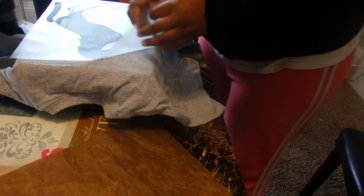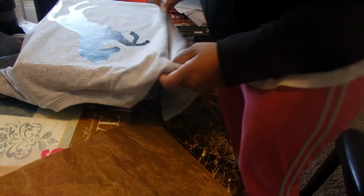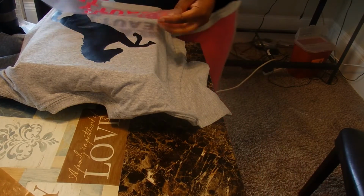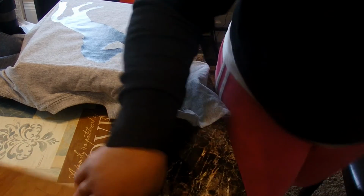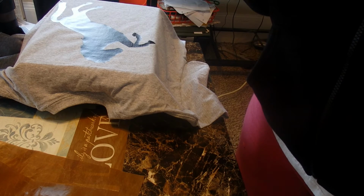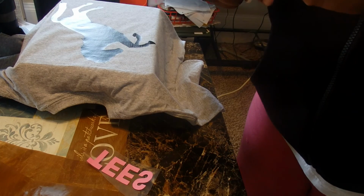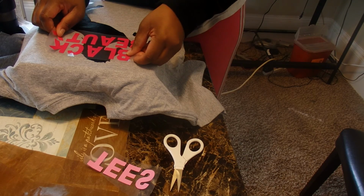So what I'm going to do is peel, and then I'm going to take the Black Beauty words, and I'm probably going to have to separate this because it's not all going to fit. Sometimes I have to cut and move and copy, paste, or paste different places than what I planned, because